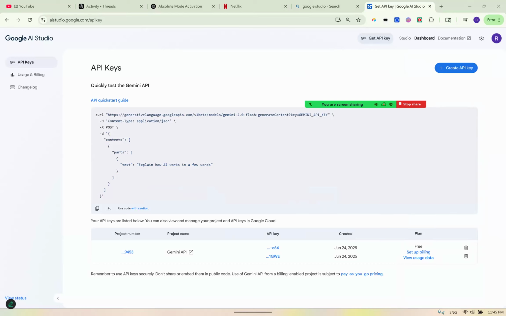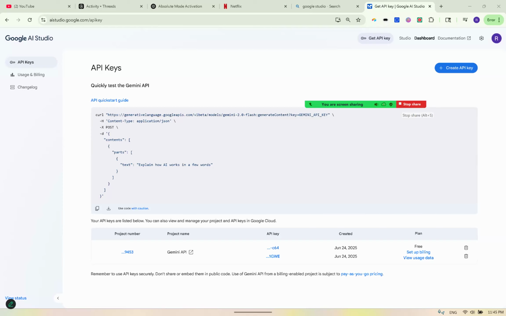So this is where you hit the create API key button. This one down below. You take that, you go on your terminal, you just paste that in, you hit enter,